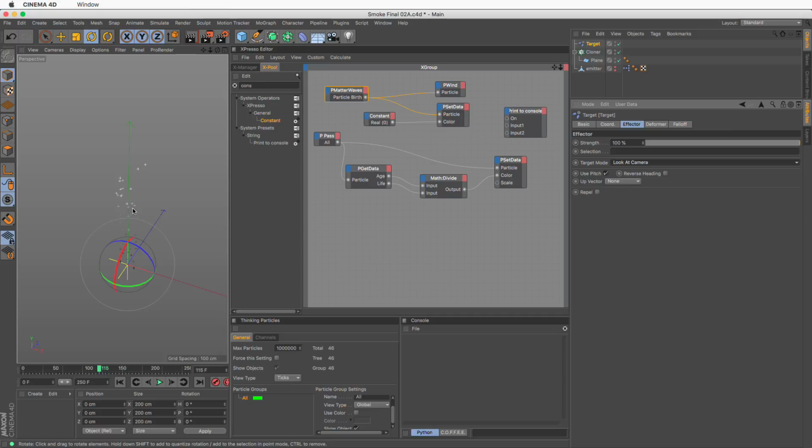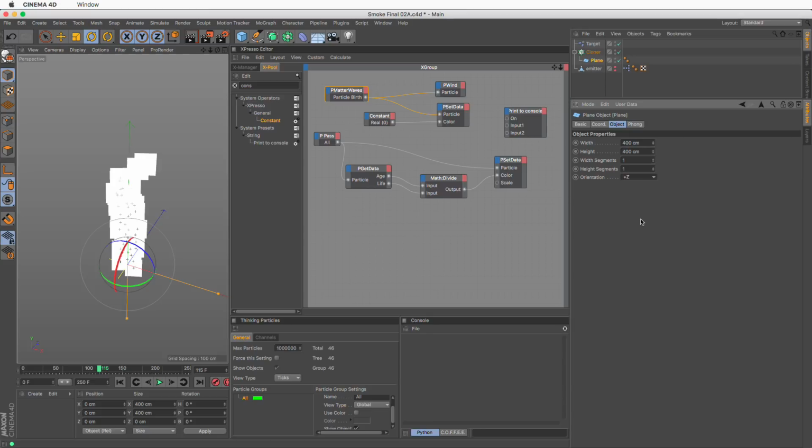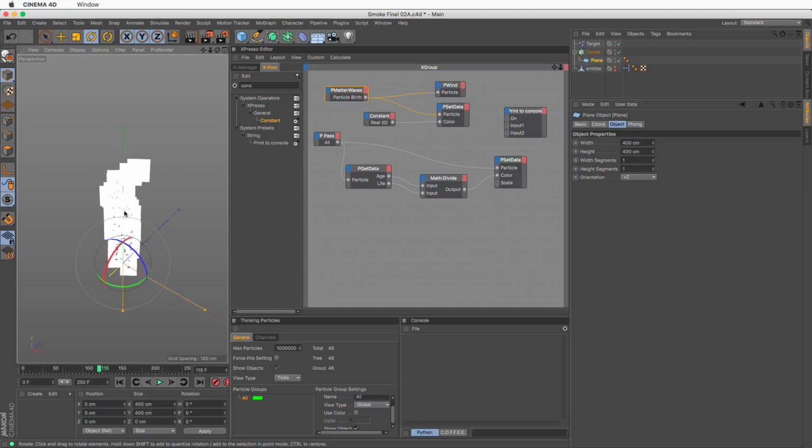And of course, you're going to be like, ooh, but we can't see them and all that. Well, that is because by default, a plane is facing in the plus y direction. And as we all know, and if you don't, you ought to, the direction of view when we are using target or when we are using align to spline, the direction of motion or the direction that things face is the plus z or minus z for that matter. So now, regardless of where I view this from, these placards are going to face the camera all the time.